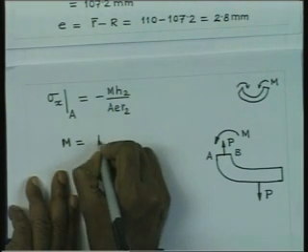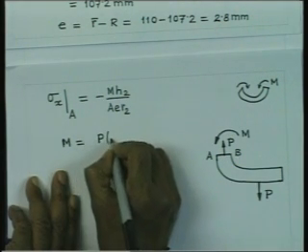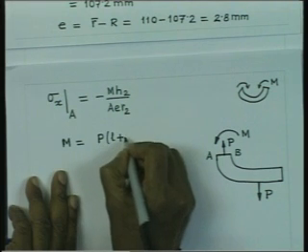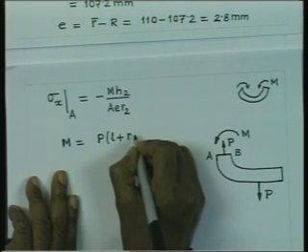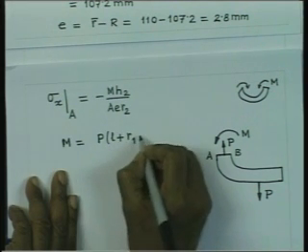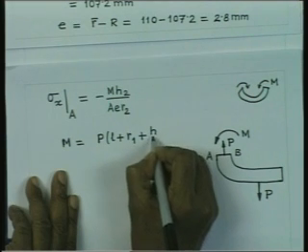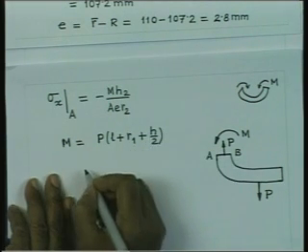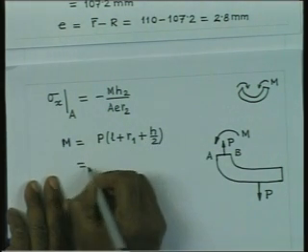So it is going to be P into L plus R1 plus h by 2. So if we do that,